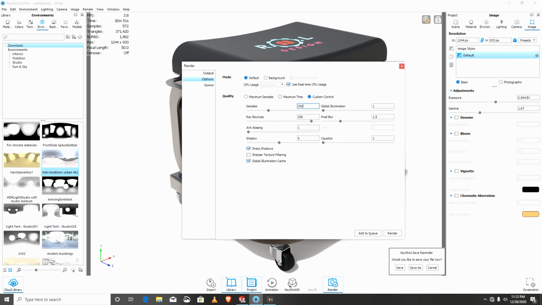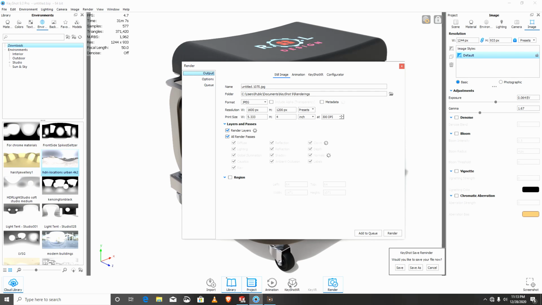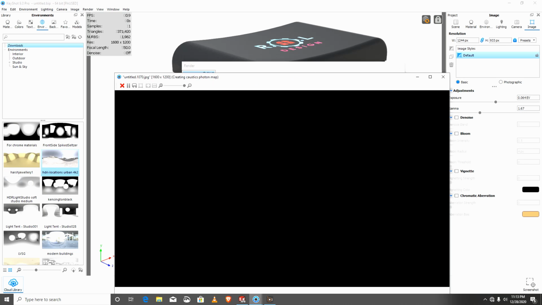So you can render beyond, depending on your computer's specs. You can play around with this, play around with ray bounces and other stuff, and you go to the final rendering. So this is how I arrange these layers here for rendering in my case. In your case, you can do what suits you best. So render, and this will take